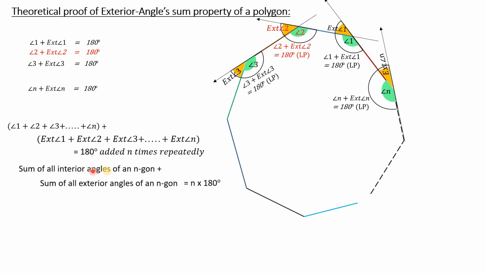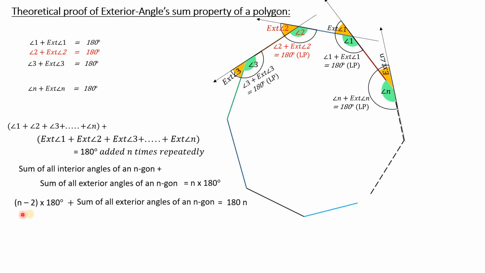Now you know the sum of all interior angles of an n-gon is (n minus 2) into 180 degrees. So that's what I am writing here. For the first one, (n minus 2) multiplied by 180 degrees, which is the sum of all interior angles of the n-gon. The sum of all exterior angles of the n-gon, which we are going to find out, we leave as it is, which is equal to 180 multiplied by n, giving 180n. These are all in degrees, so we can just write it as 180n.